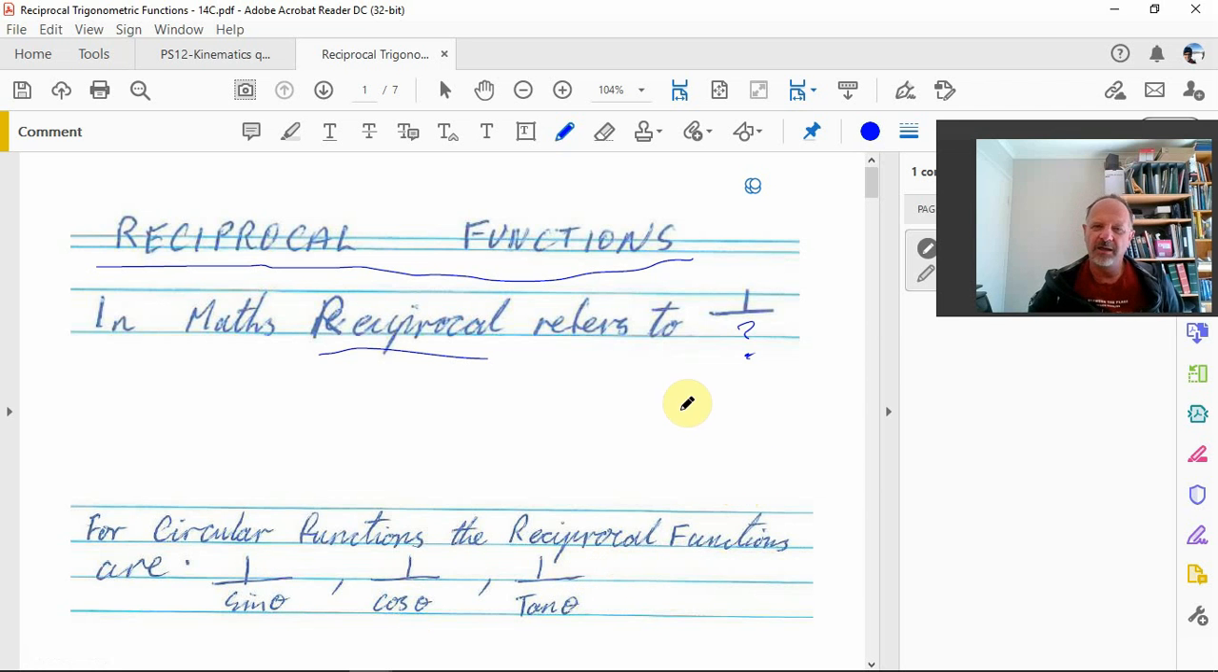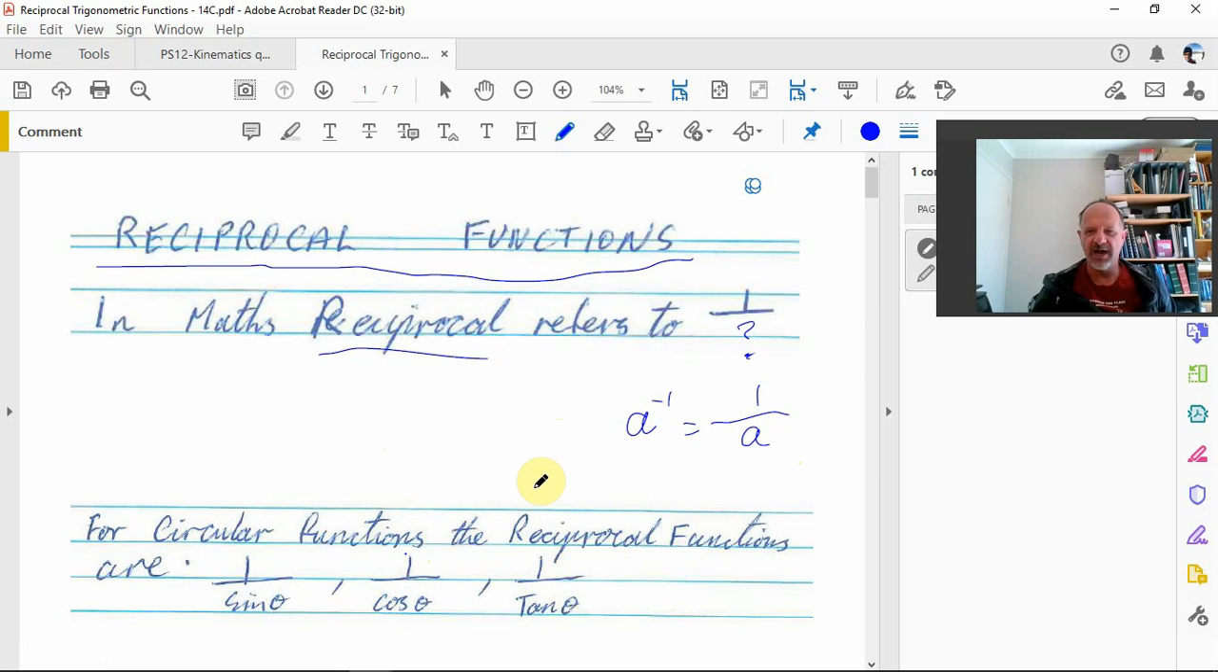Now, if we got a to the minus 1, for example, that would be 1 over a. But with trigonometry, the way we write things, if we squared sine and also then inverses and stuff like that, it could get a little bit confusing as to what they actually mean. So for circular functions, the reciprocal functions, 1 over sine, 1 over cos, 1 over tan,